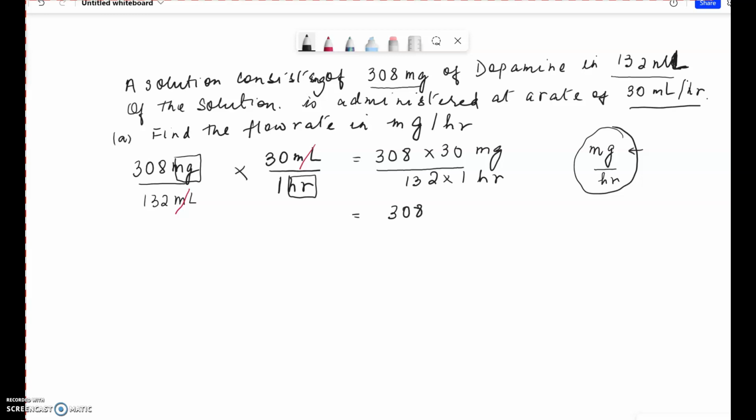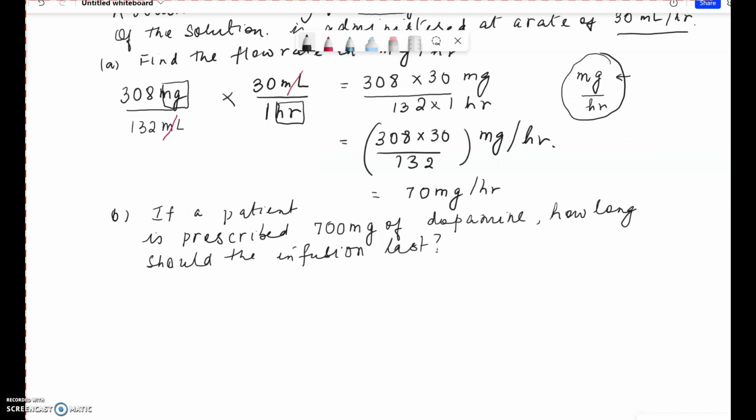We go 308 times 30 divided by 132 mg, milligrams per hour. That's the rate at which dopamine is being administered at the given flow rate. And that's equal to 70. So a patient is prescribed 700 milligrams of dopamine. How long